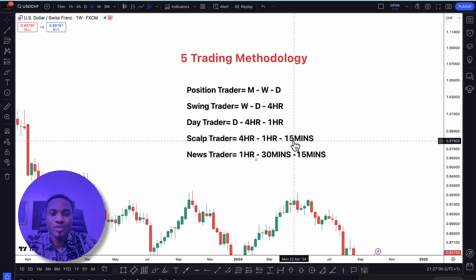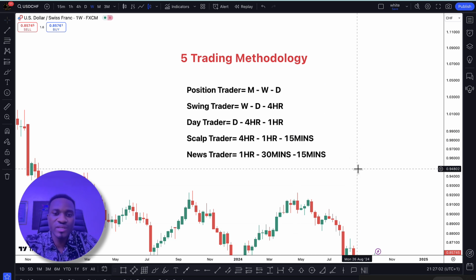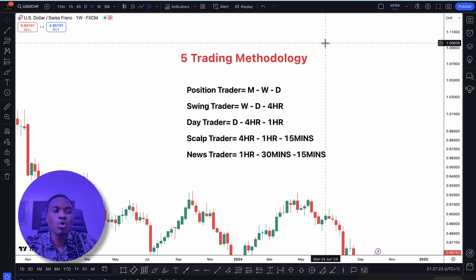These are the 5 trading methodology. Methodology explains what type of trader you are. The type of trader you are determines the time frame you have to construct your key levels, because most of the time traders ask me, especially beginner traders, struggling traders, they ask these questions: what is the best time frame